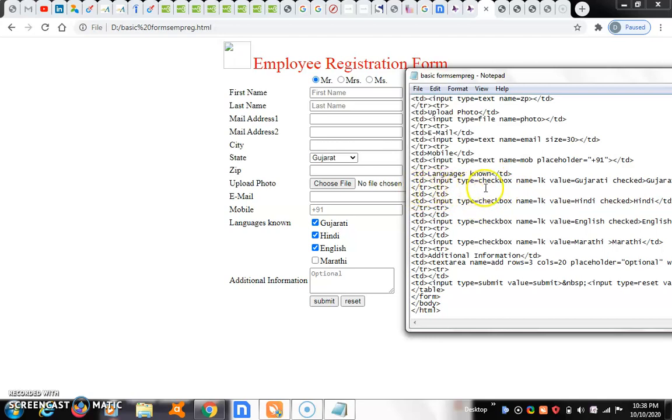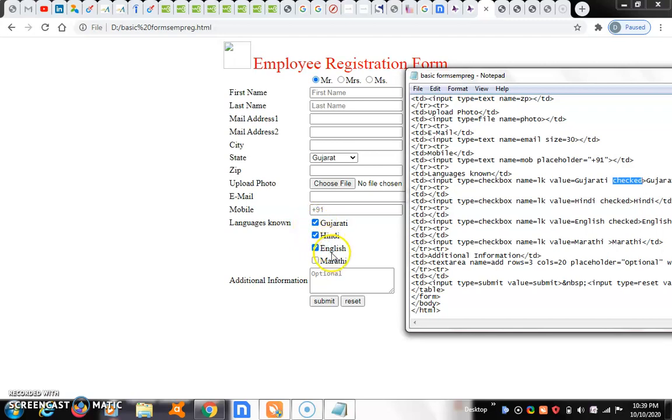Then input type checkbox, name equal to language, value equal to Gujarati, checked Gujarati. So that option is already selected. The Gujarati option is already clicked.